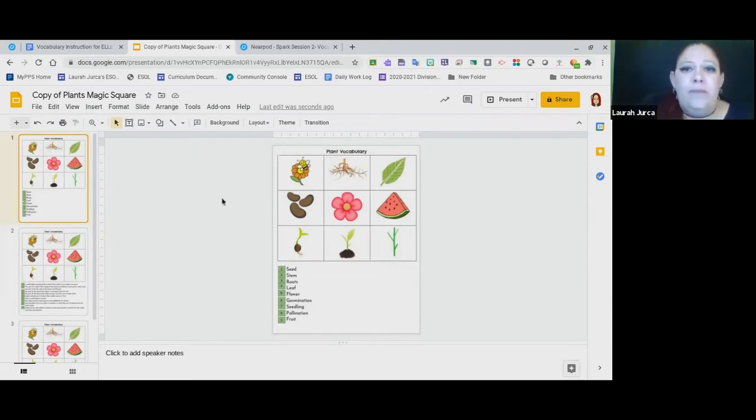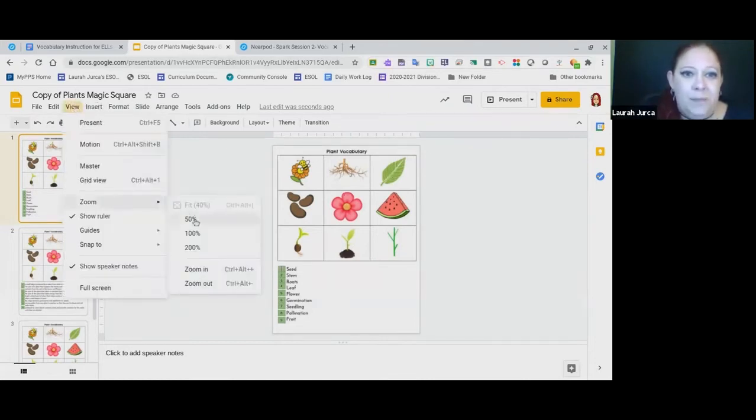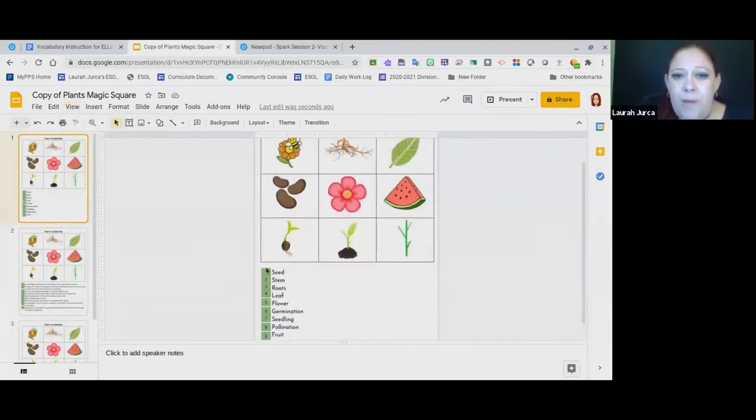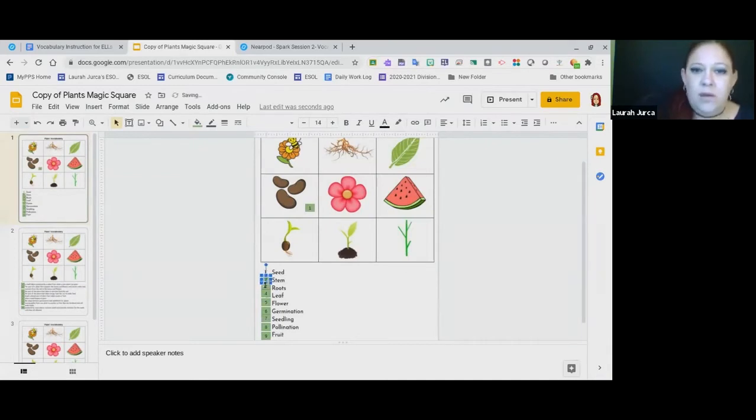But it starts out, we have these visuals here, and then we have these number boxes. And I'm going to zoom in on this view just a little bit. So we have our number boxes. What students are going to do is they're going to drag the number box up to the matching picture. So if this one is seed, it would go here. We've got stem, so we're going to take this one over here and put it in its picture, in the box with the